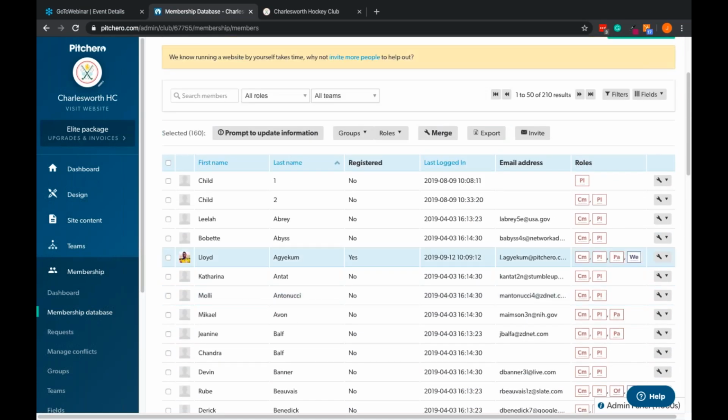So some of these people might be from the past couple of days. Some of these people might be from years ago. Now, if they're years ago, that should ring a couple of alarm bells and make you think, is this person still at the club? They might be, and they might just not be using their account, in which case you need to get them using that. But they could be past members who've since left, so you know that you can then remove them